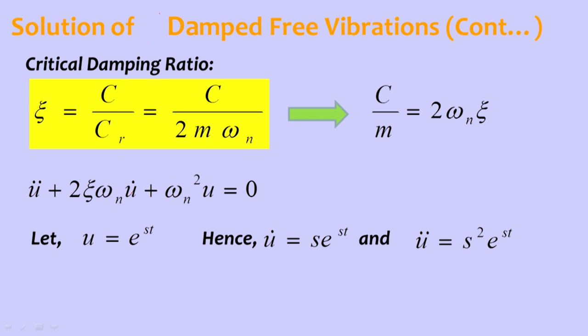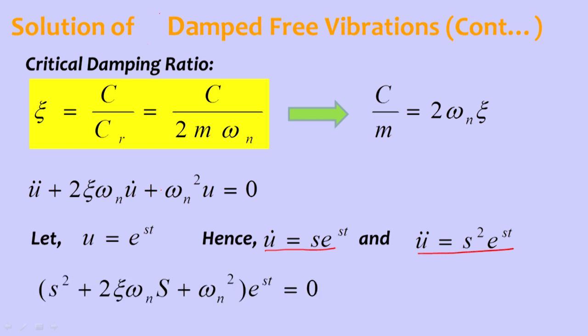So if we differentiate this u with respect to time, we get u dot as s into e to the power of st, and then for the u double dot term we get s square e to the power of st. So we need to substitute u, u dot and u double dot in the original equation. When we substitute that and rearrange the terms, we get this equation, which reads